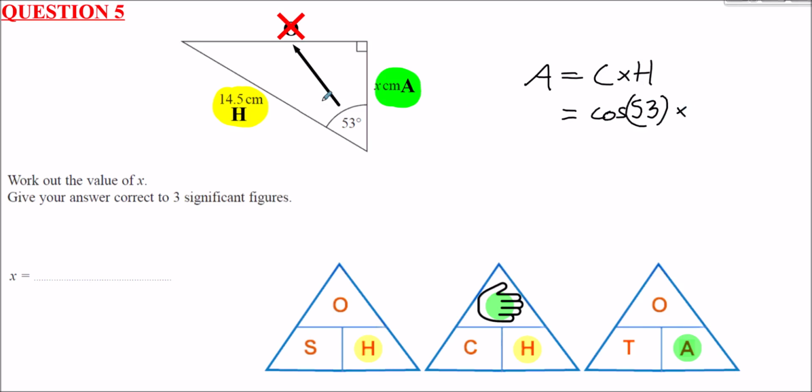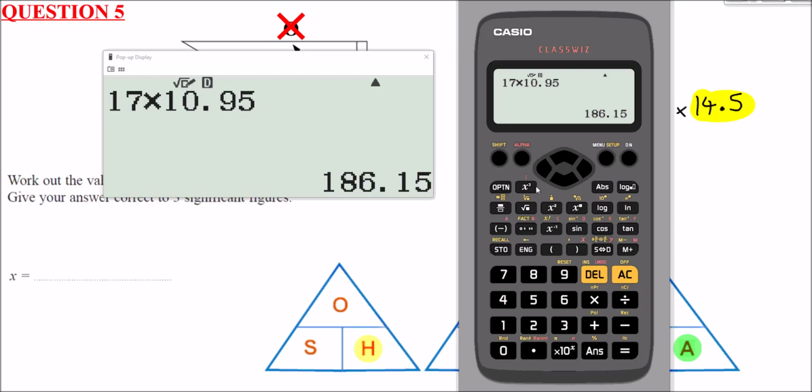H stands for hypotenuse, which of course is 14.5. So that's the calculation we need to do. Importantly, when you're doing cos of an angle, close off the bracket. That is crucial. So what we're going to do here is cosine 53,